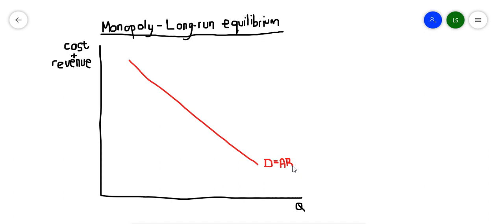Okay, we discussed in class, because this monopoly has to decrease his price in order to increase his output, the marginal revenue will always be less than the price. So when we add the marginal revenue, remember we said for the first unit, literally the first unit, price and marginal revenue are equal. After that, your marginal revenue is always less than the price. So your marginal revenue curve will always be below your demand curve.